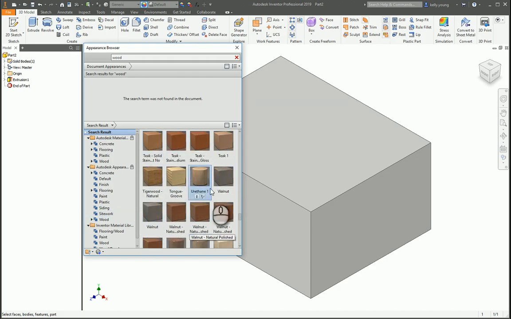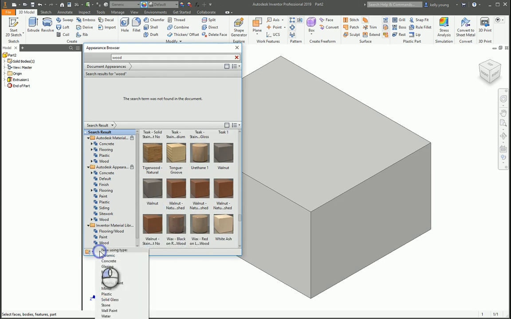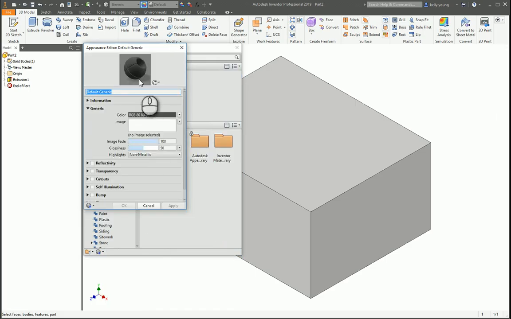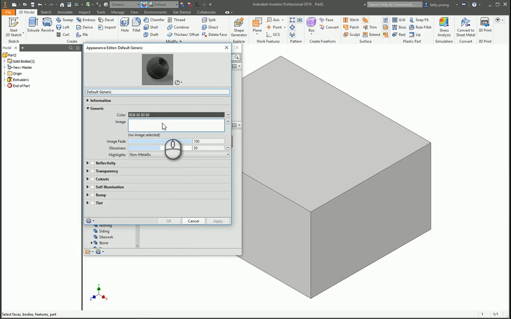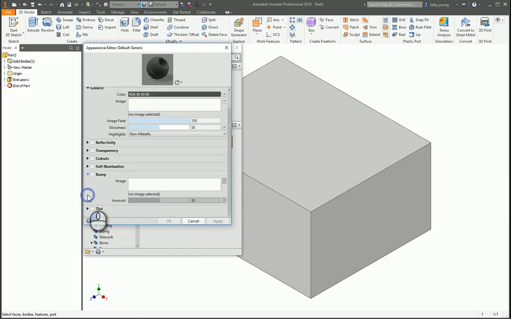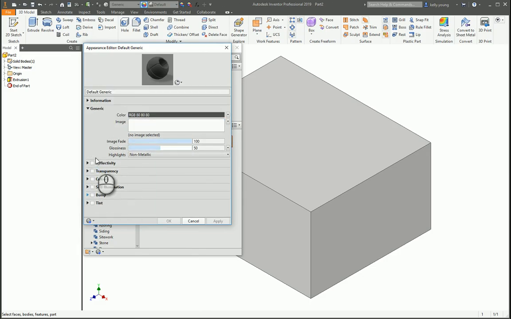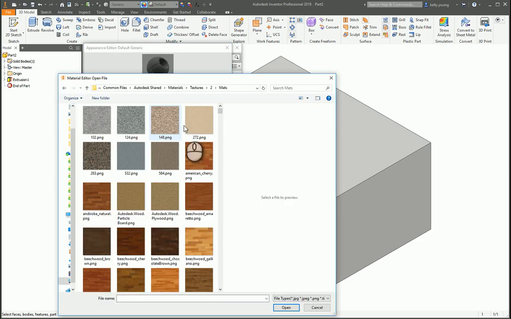So if you're looking through here and you're like, well, I don't necessarily see what I want, you can click on this little guy and do new generic appearance, and that'll bring this up. So in here, you can set an image to the generic. What they were talking about before is the bump. So if you check the bump mark here